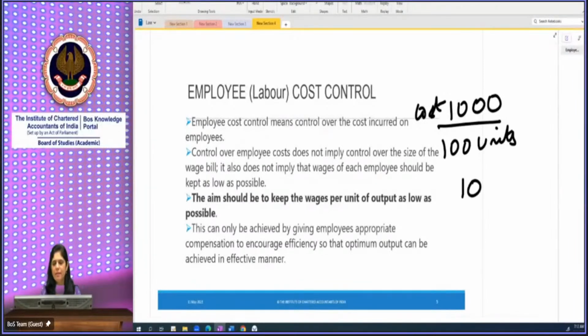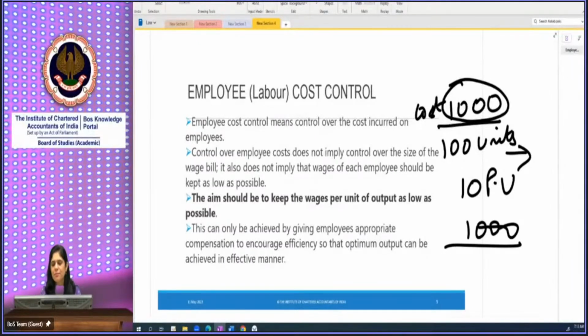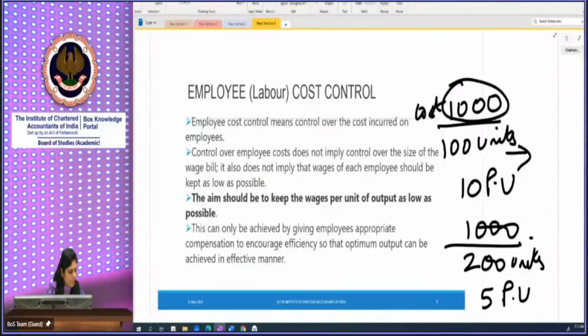It's 10 per unit. So that does not mean that we should reduce the labor cost. Labor cost means we should reduce the salary or wages. No, but we should increase the units, the production. Cost should remain the same, but we should increase the production. Now the production is 200 units. See, the cost per unit will reduce to 5 per unit. Are you getting it? So this is the concept of